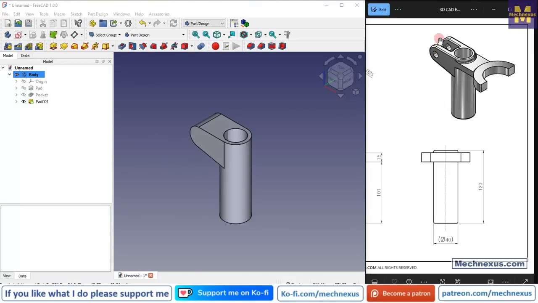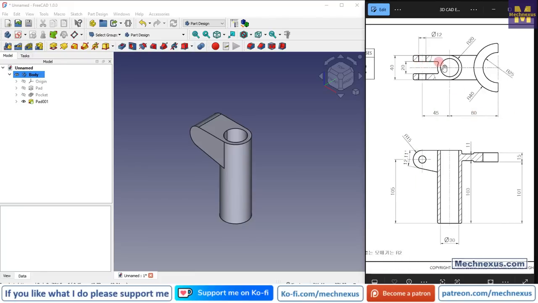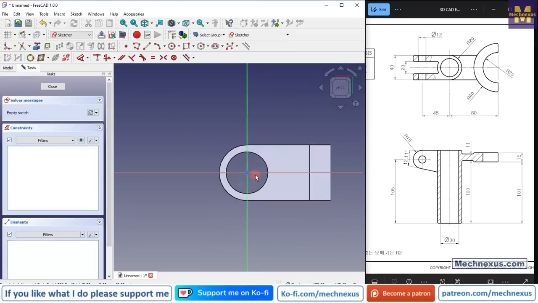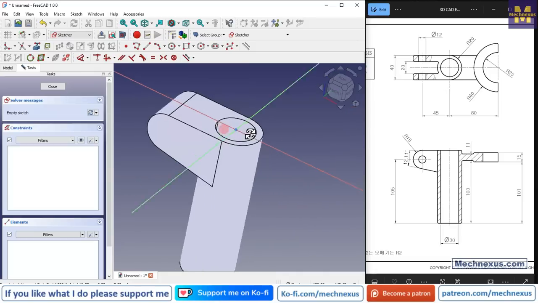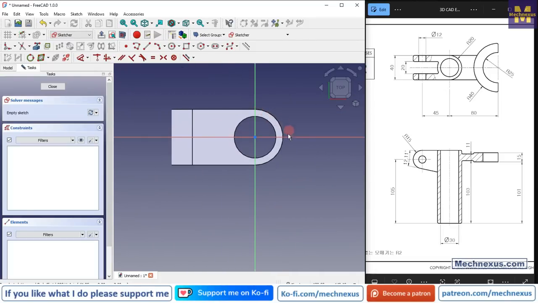Now we will create this cut whose detail we can see here. So here we will project this diameter 40. We will select this face and click on the sketch, and here we will press 0 for the right orientation, and we will set our model like this. The first thing we will do is project this radius. We will click on the project geometry